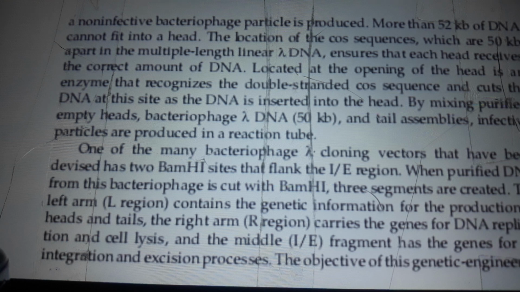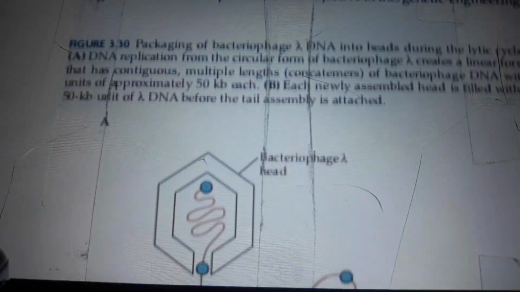Located at the opening of the head is an enzyme that recognizes a double-stranded cos sequence and cuts the DNA at the site as the DNA is inserted into the head. By mixing purified empty heads, bacteriophage lambda DNA of 50 kb, and tail assemblies, infective particles are produced in a reaction tube. One of the many bacteriophage lambda cloning